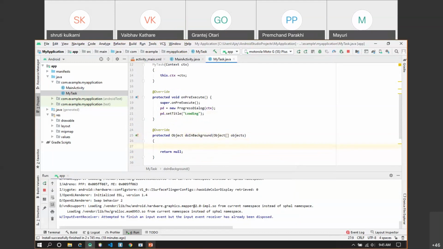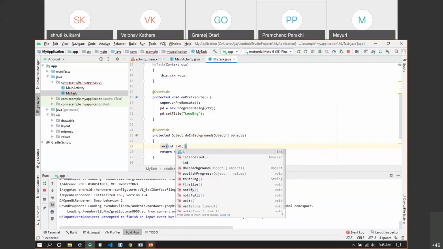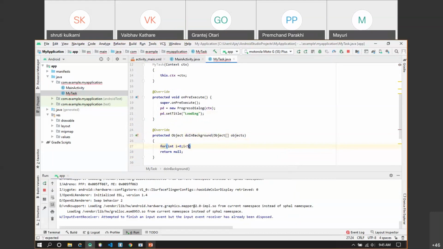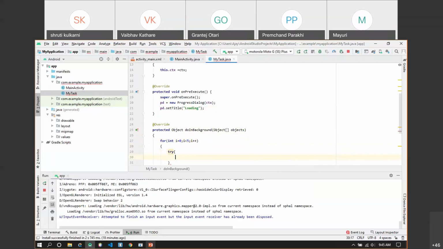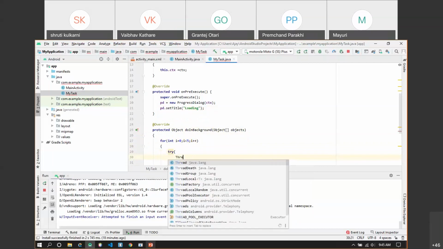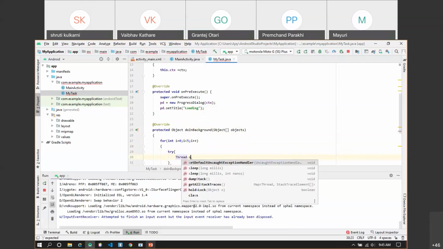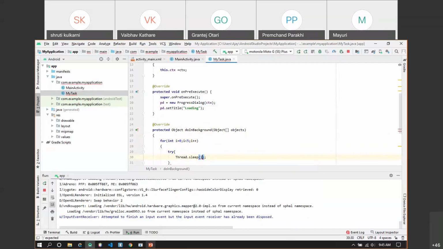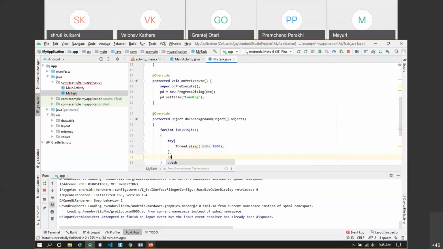So I can write for int i is equal to 0, i is less than 5, i plus plus. We'll try to call Thread.sleep of 1000 milliseconds, and for this try we'll write a catch.